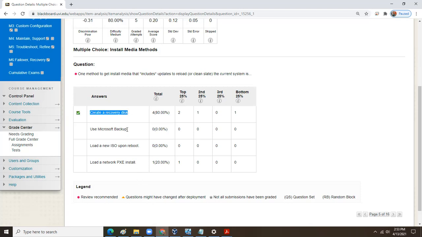If you use Microsoft Backup, well, that's not going to reload your system in a way that it recovers your system. What am I saying? If you use Microsoft Backup, whatever you had in place on that system, so if your system is barfed and it's slow and it's messed up, and you get a backup of that slow, barfed, messed up system, when you restore the Microsoft Backup,